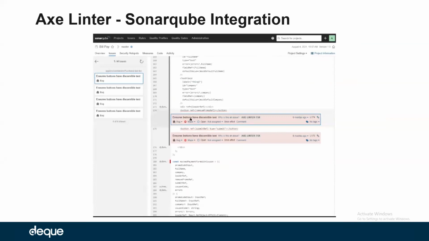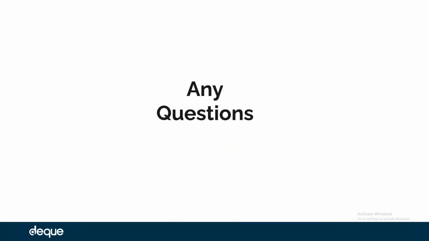Okay, I hope you had some brief understanding about how Axe Linter for VS Code, Axe Linter for GitHub, and Axe Linter for SonarQube works. Okay. I do not plan to go into details of the code. I've already showed you some code examples, but if there are any specific questions, you can please ask us now, and we can probably respond to that. We have a few queries in chat box.